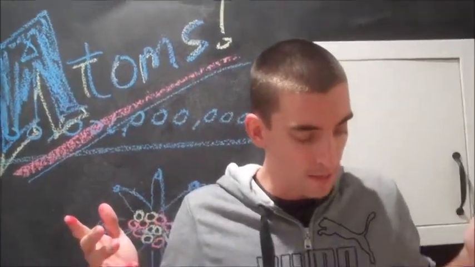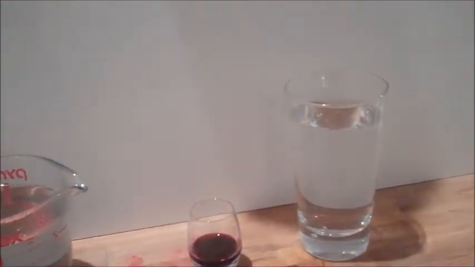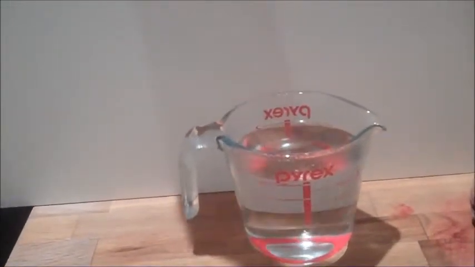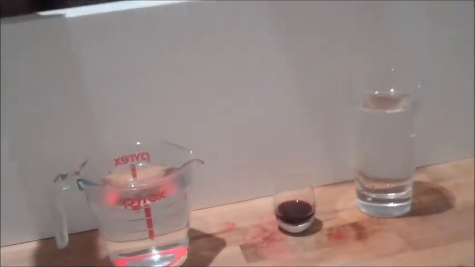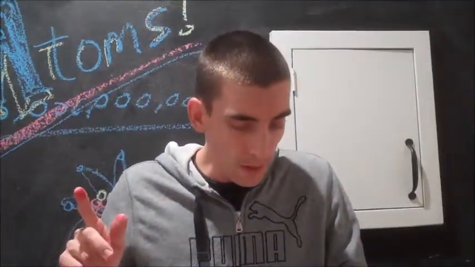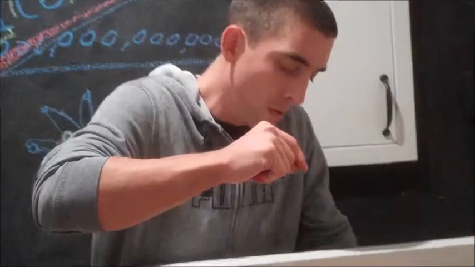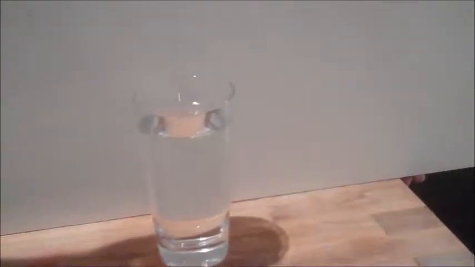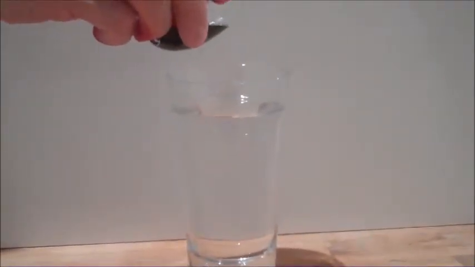I've got normal tap water here, normal temperature, nothing special. In the middle, I have some red food coloring. And on the right, I've got some near boiling water. Now, if you use boiling water at home, you have to use it with mom or dad around, or a parent, because you can burn yourself. So, I'm going to pour the food coloring into this water first. And we're just going to watch what happens. I'm going to talk a little bit about what you're seeing. Are you ready? Okay, here we go.